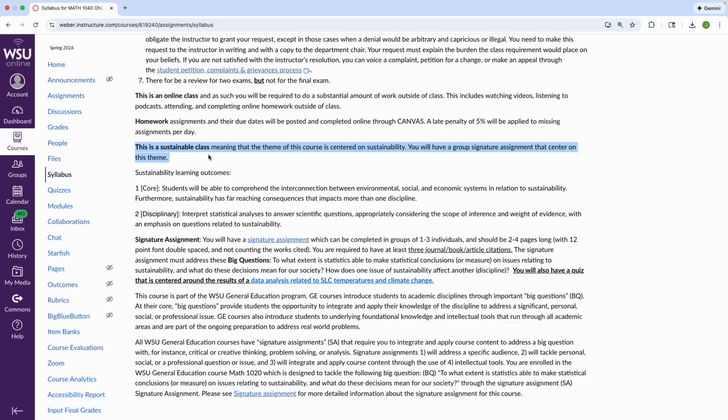So for the sustainable learning outcomes, it is to comprehend the interconnection between environmental, social, and economic systems as it relates to sustainability, and to interpret statistical analysis to answer scientific questions, but also it could be questions that relate to society or to the economy or to the environment.